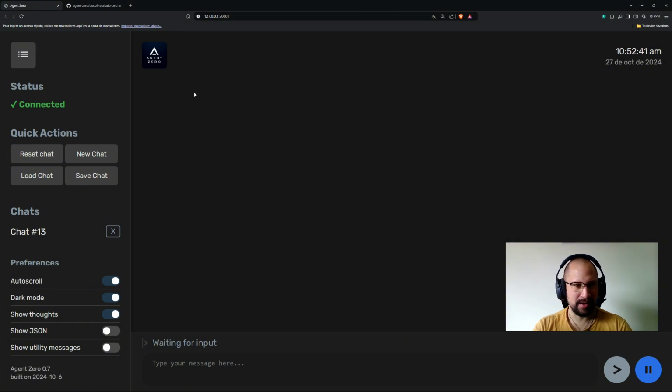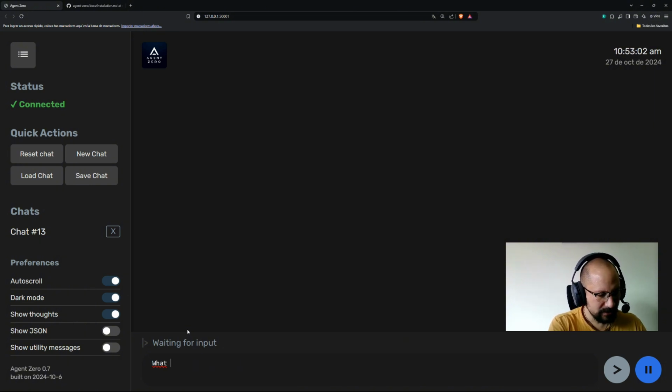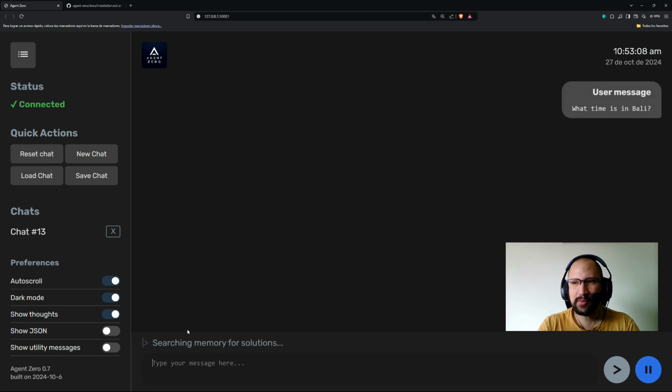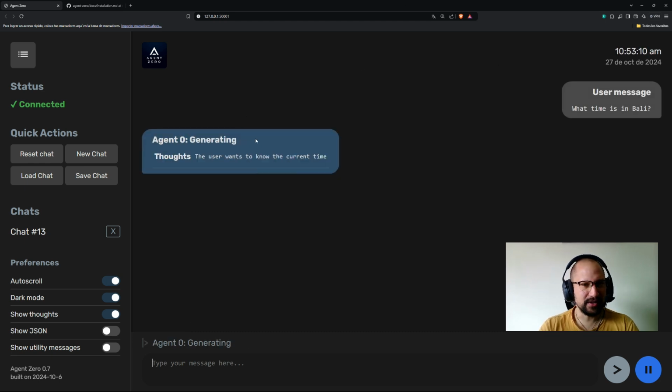In my case, I'm using a Docker container to run this locally, connected with my credentials for the OpenAI API. So, let's play with it. First of all, let's try a very simple task. What time is it in Bali, for example? And the cool thing is, as you can see,